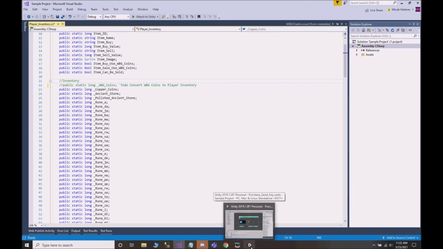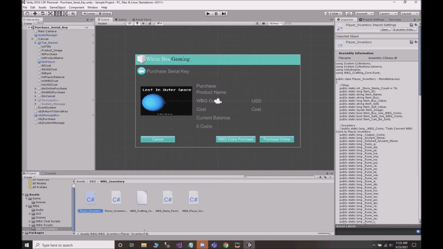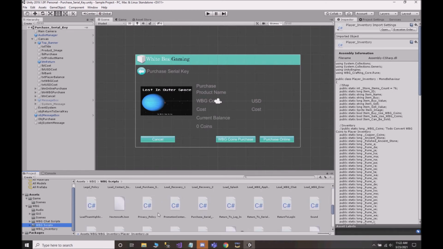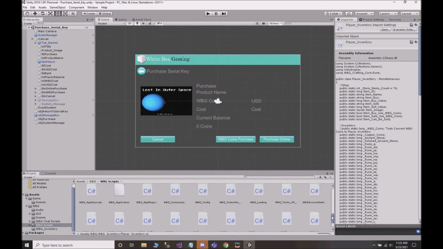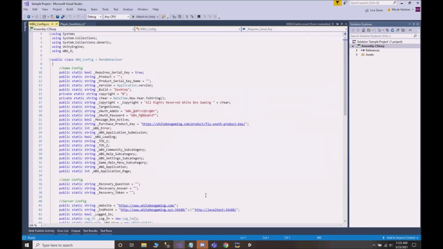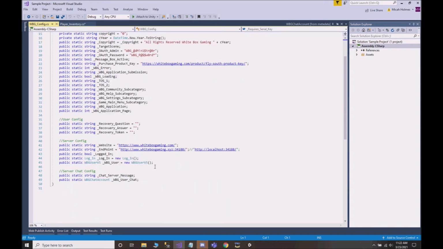Currently, when you log in, they pull from your account. Let me show you that real quick. We'll switch back to the config file, and I'll show you what I'm talking about and why I want to switch it over to inventory instead of the config. So if we go back into our user,